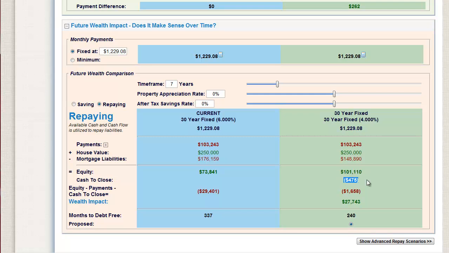We're also giving you $475 cash at closing. So now our simple formula, you can see right here: equity, that's the equity that you have, your wealth, minus your payments that you've made, and those are going to be the same, minus the cash to close, if there was cash to close, equals your wealth impact. So you're able to get down to a true single number, a wealth impact number. Over 7 years, this is going to save you